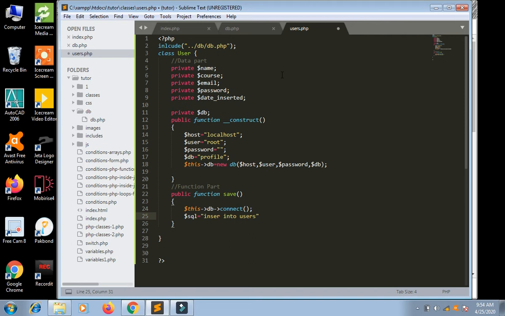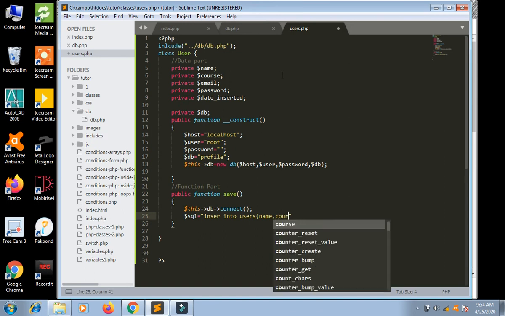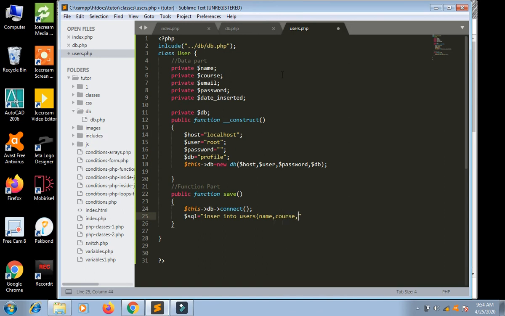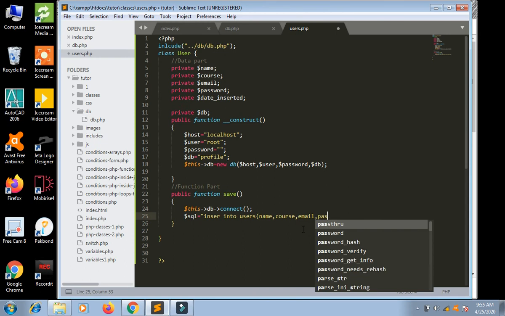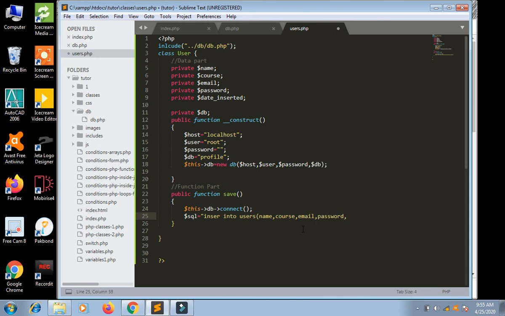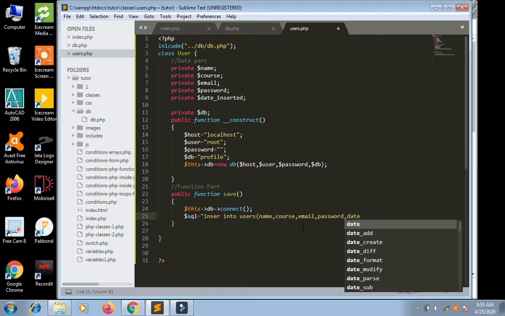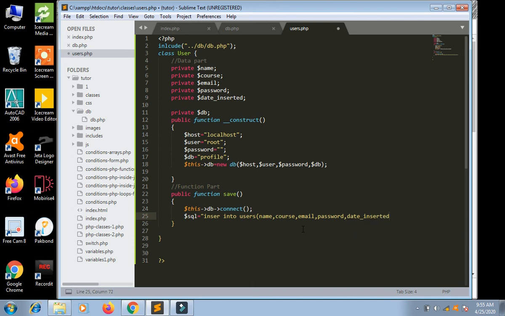Fields are name, course, email, password, and date inserted.